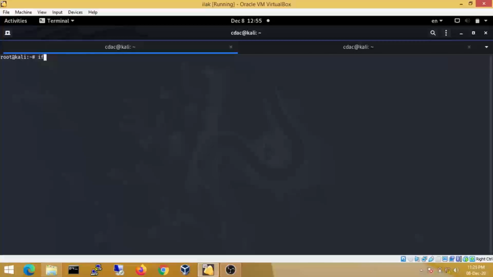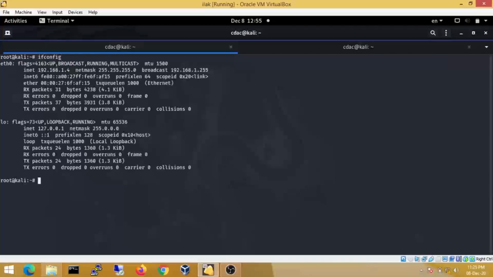So we'll type a command called ifconfig to check our IP address, 192.168.1.4, and now we'll generate a payload by using MSF Venom. MSF Venom is a combination of MSF payload and MSF encode. So we use MSF Venom to generate payloads, and by using those payloads we'll attack victims by deploying